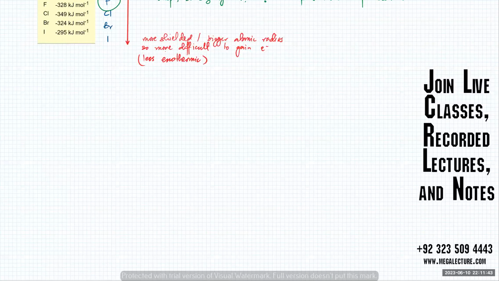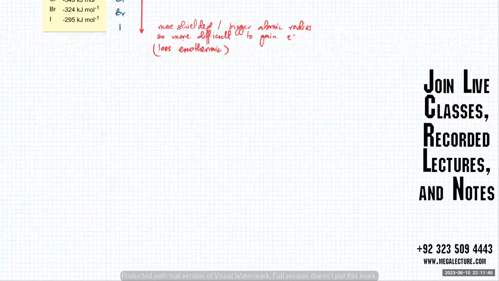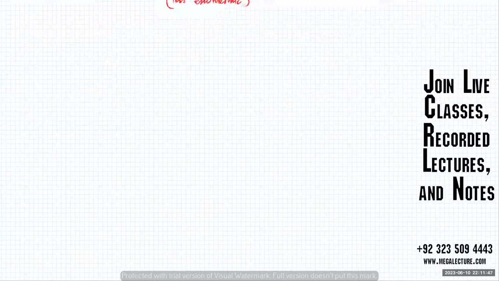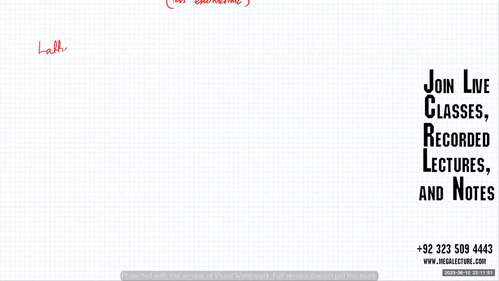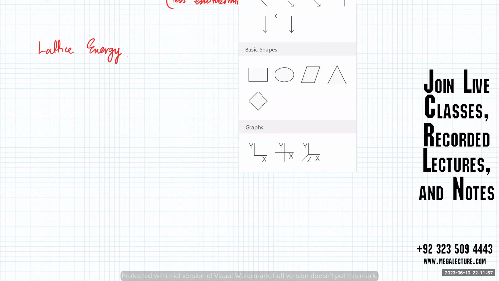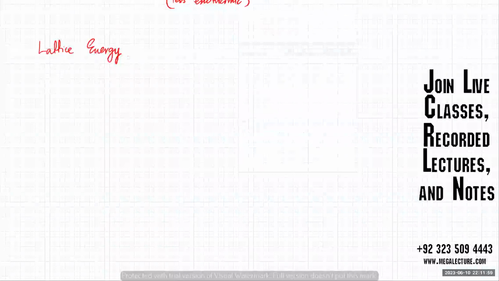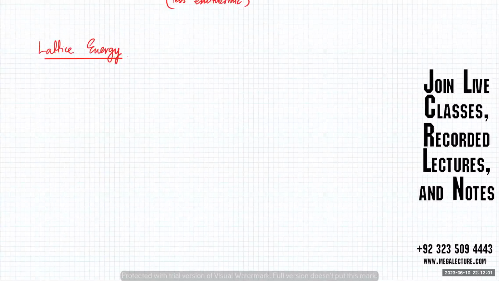So we are going to start with lattice energy, which was what was left. Born-Haber cycles are basically about calculating lattice energy. So we're going to first discuss what this thing is. Okay, now lattice energy is basically the